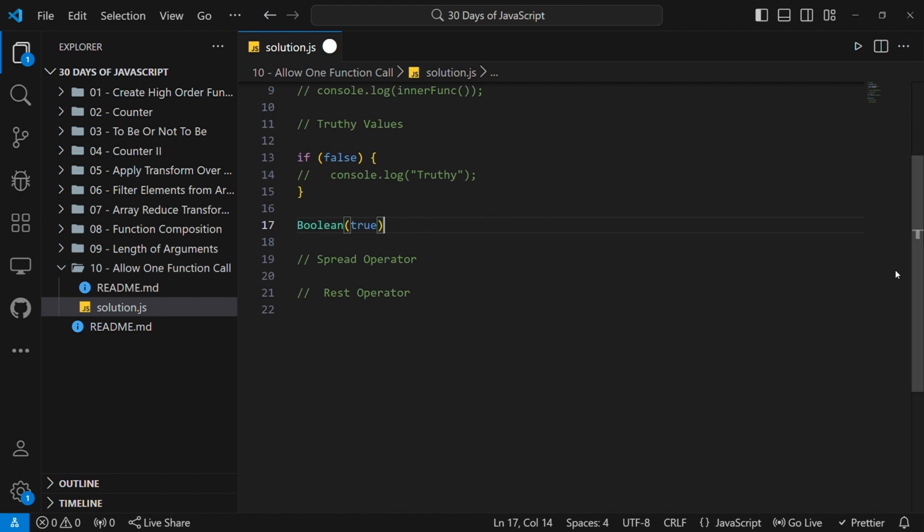The next concept is the spread operator, and we said the spread operator looks like this, just 3 dots like that. This spread operator allows an iterable to be expanded into individual elements. For example, if I have an array, let's say an array of numbers,